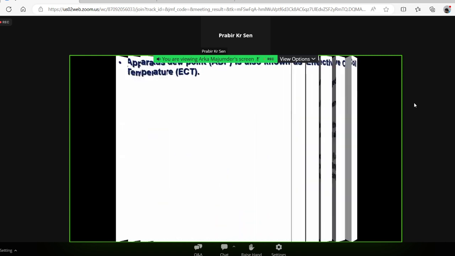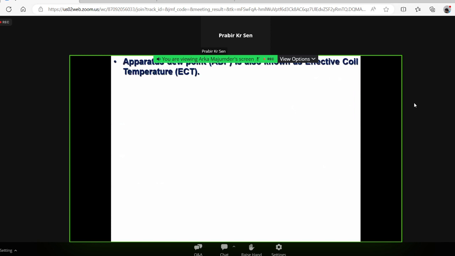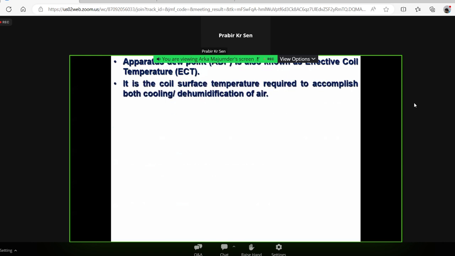Next. I touched upon this particular term, apparatus dew point. It is also known as the effective coil temperature, coil surface temperature. Next. It is the coil surface temperature required to accomplish both cooling and dehumidification. So we have to do a proper heat load calculation and assign what coil surface temperature we want to keep, and also recheck it